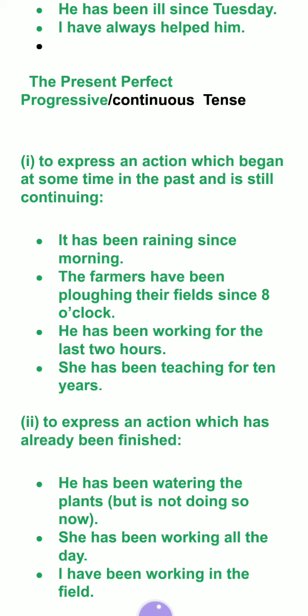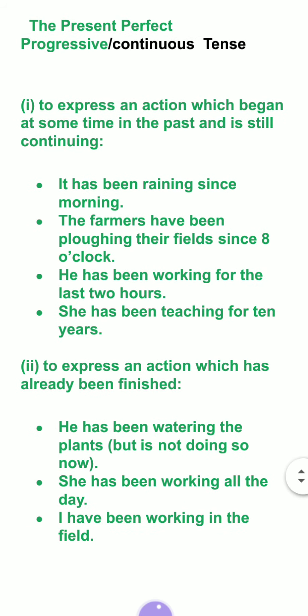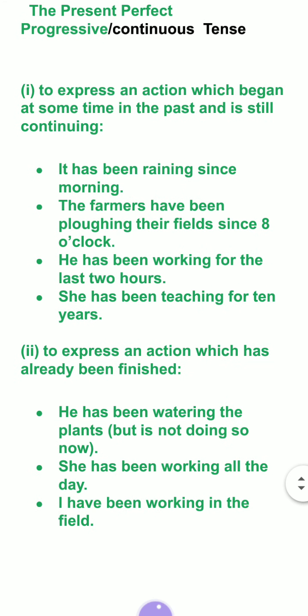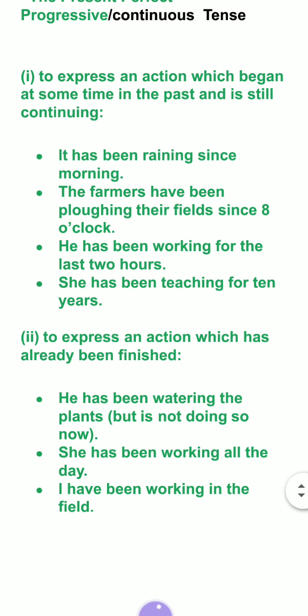Best example: I have been teaching in Usha Martin World School. So from the past I was teaching and in the present I am teaching. So this is the best use of present perfect continuous tense. When something has started in the past and is still in progress, the action is still continuing, in this case we use present perfect continuous tense. This is the first and very important use. Some more uses I have written there.